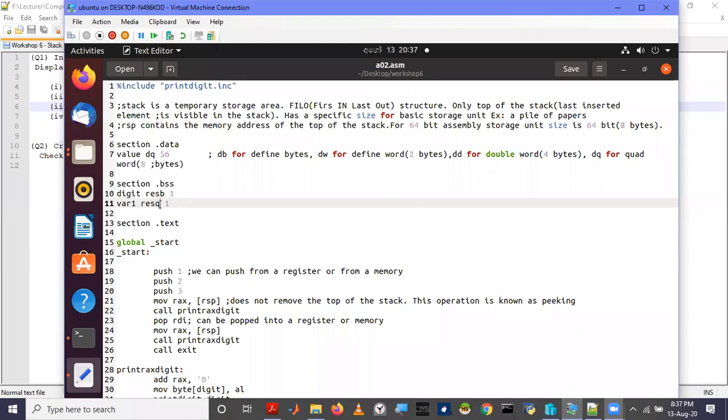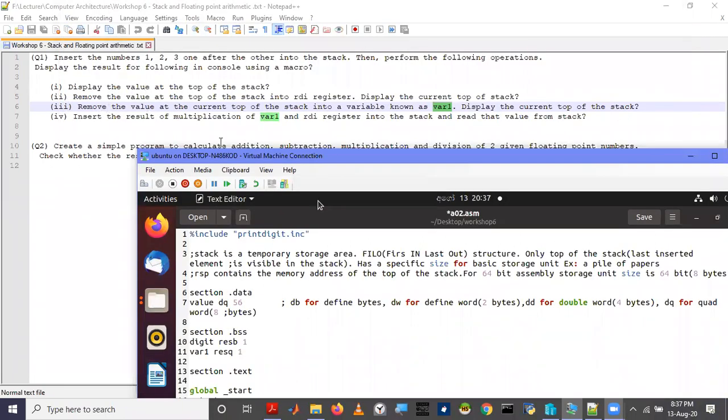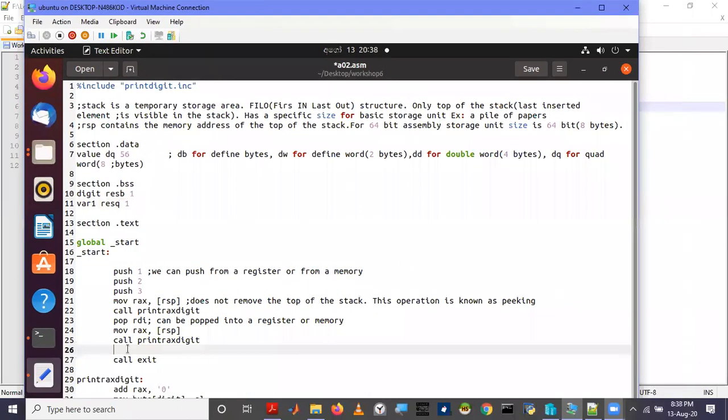To demonstrate, I'll use RESQ. That means one quad word or 8 bytes. So we are asked to remove, and remove means pop, into this variable.